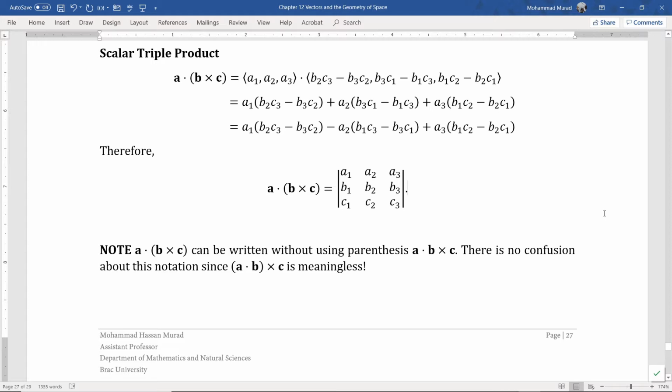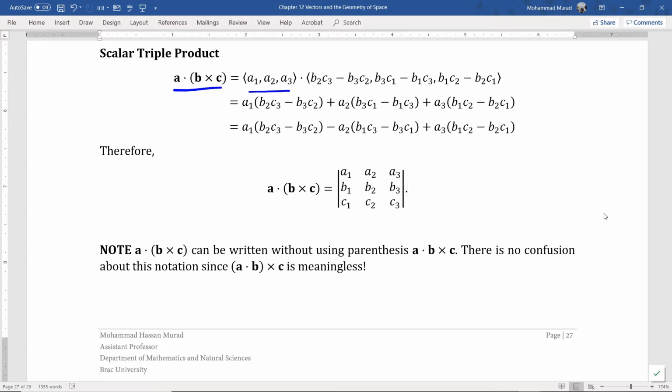Scalar triple product. So this particular combination, A dot B cross C, we can calculate if we know the components of each of these three vectors. For example, if the vector A has components A1, A2, A3, and B has components B1, B2, B3, and